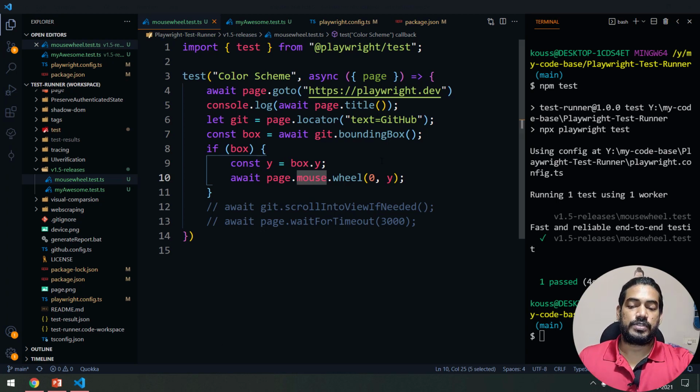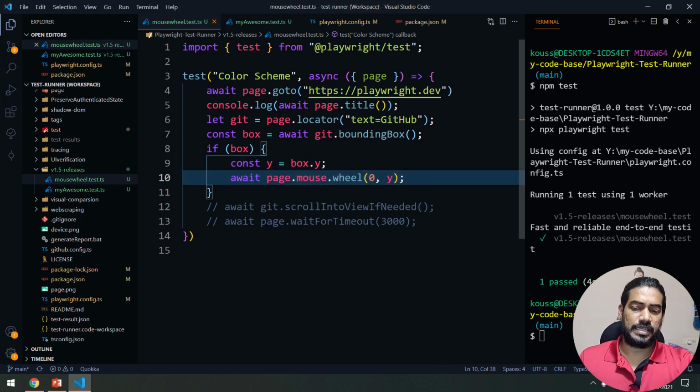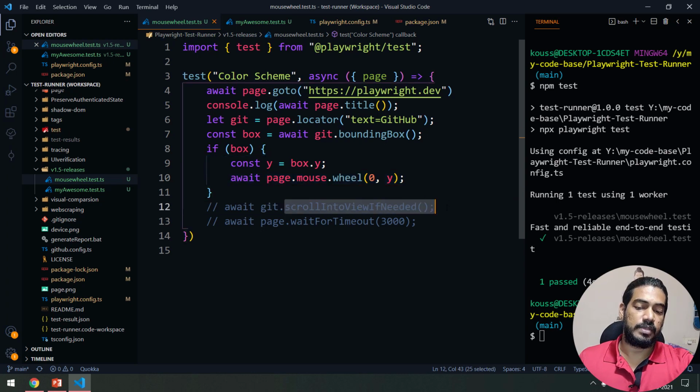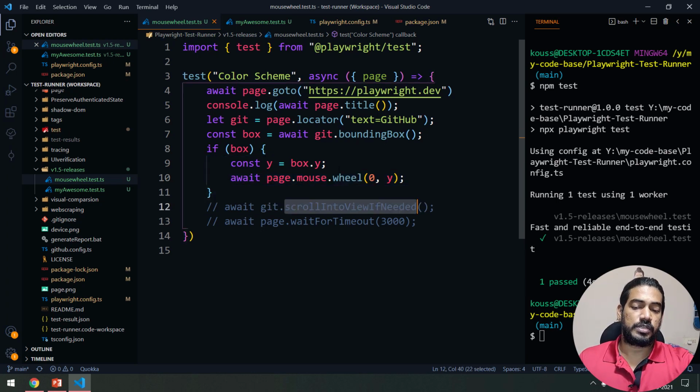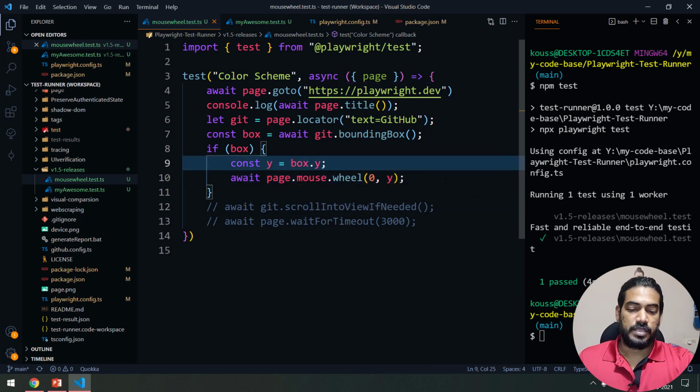So in that scenario, of course it's going to be very useful, but I think that is also going to be the same in this function as well. But maybe based on your requirement, if this is not working, probably you can go with this. Okay, so yeah, this is the second new feature.